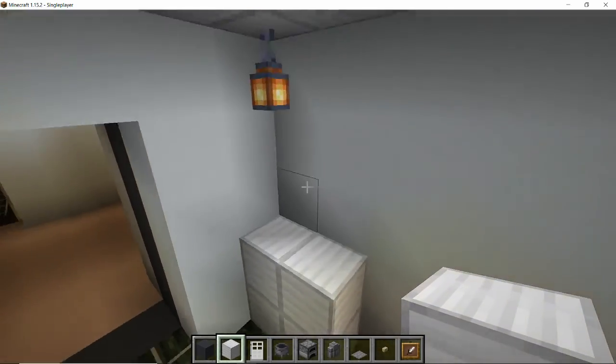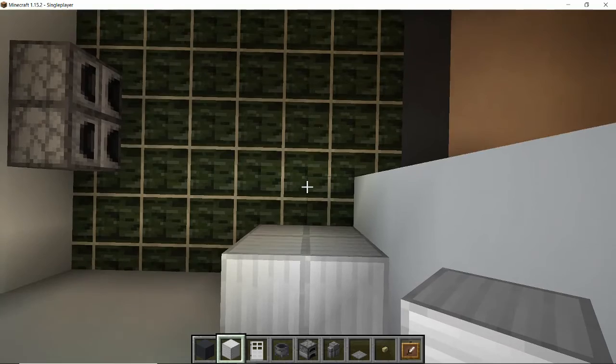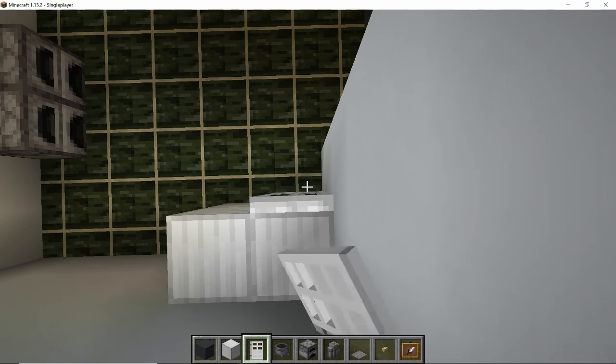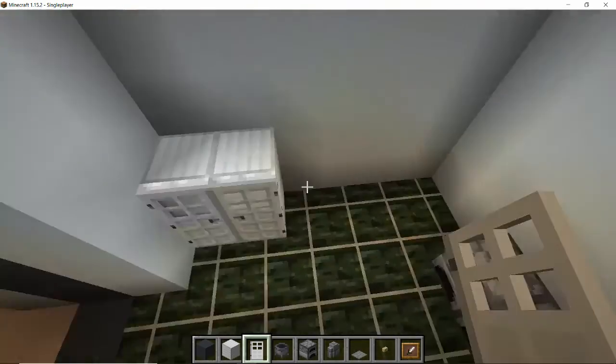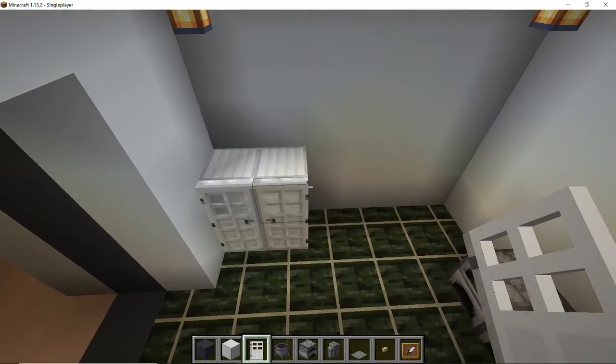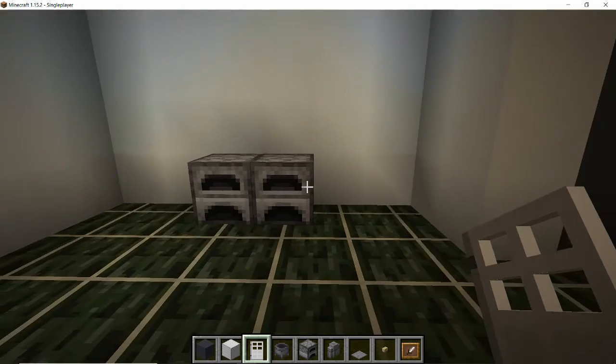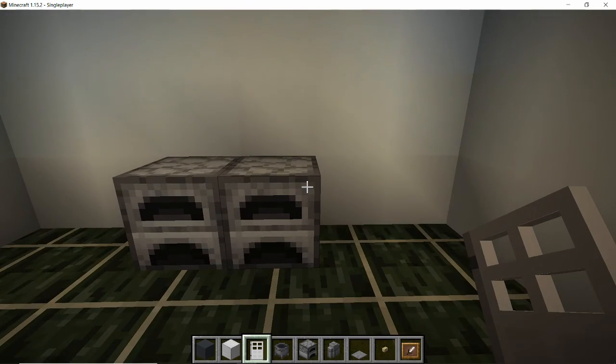So 4 blocks of iron in a little 2x2 square. Grab the iron door and put those just in front. Make sure you've got them with the handles on the inside and the hinges on the outside, so that looks like a fridge. Then around the edges of our